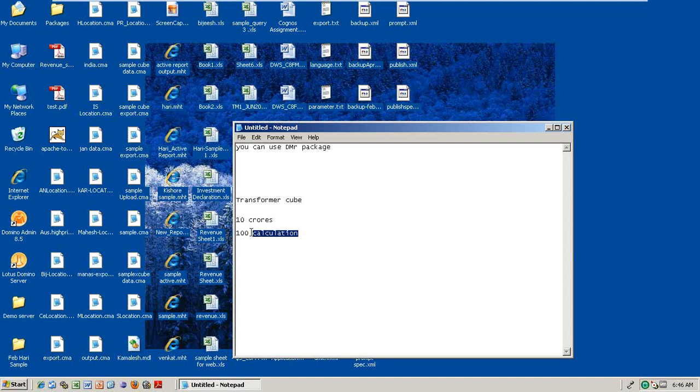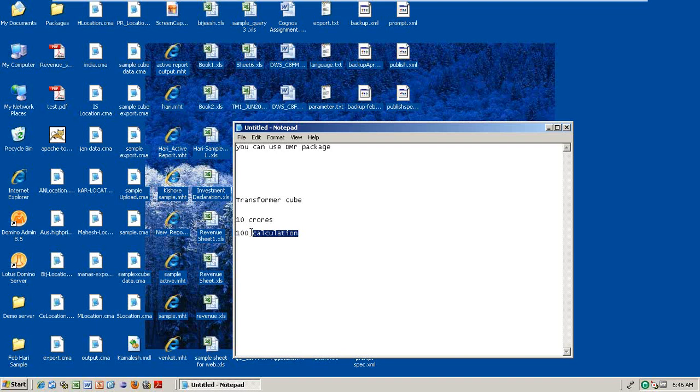So if I'm building the Power Play cube, it is not going and hitting the database. Already it has stored all the 100 calculations using the 10 crore records of the updated data. And in the morning, once the user comes and runs the Power Play Studio, it will not hit the database. It is simply hitting the cube only.